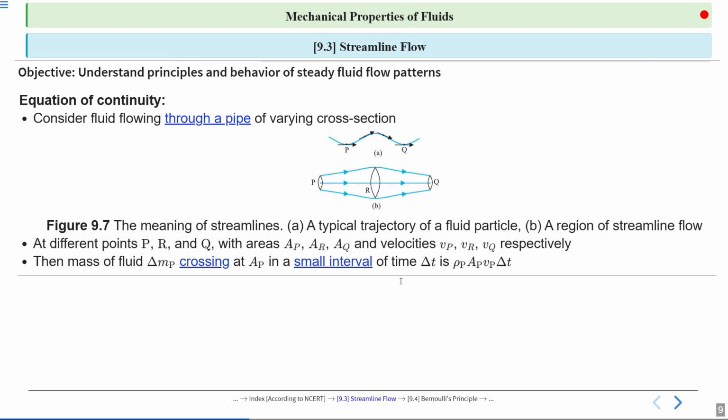Here rho is the density in kilograms per cubic meter, area in meter square, velocity in meter per second, and time in seconds. This formula shows that if the area gets smaller, the velocity must increase for the same amount of fluid to pass through. Alright,